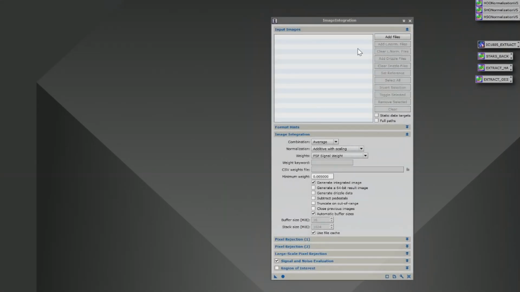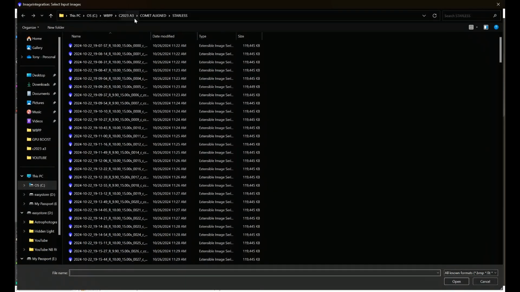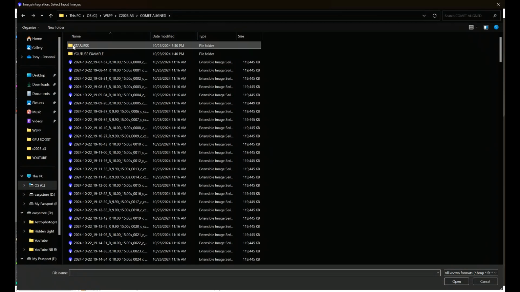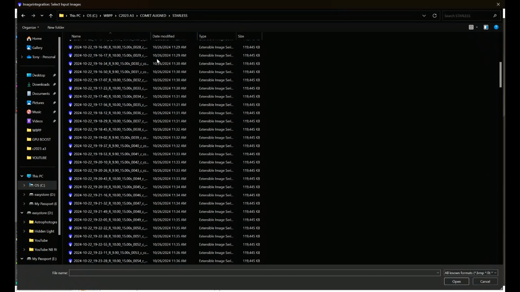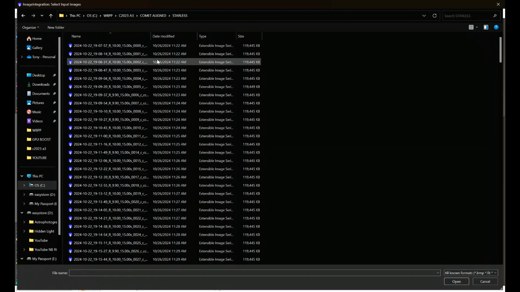Image integration is going to take all of our frames and stack them. Now, if you're using one-shot color, you're going to input all of your files, all of your starless files. If you're using mono, then you're going to go ahead and stack them one channel at a time. We'll go to Add Files, and then I'm going to come down to Comet Aligned, go into my starless. Again, one-shot color, you'll just take the whole lot of the files, everything in here, add them into image integration